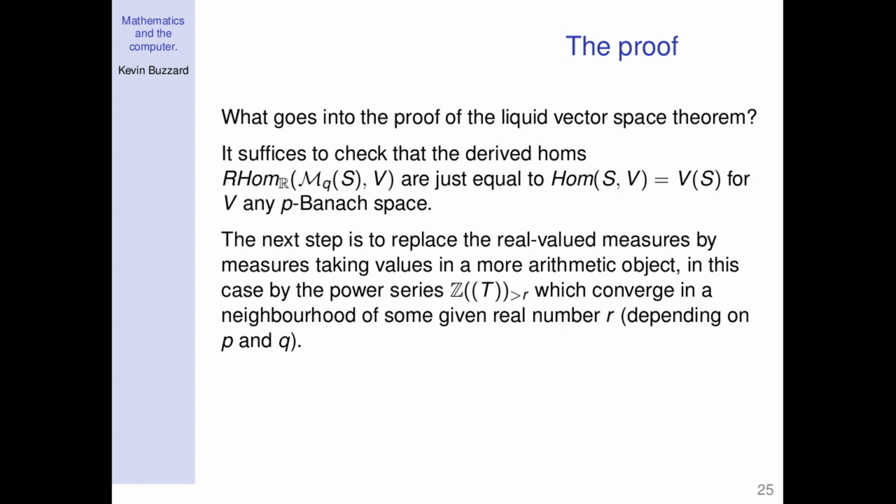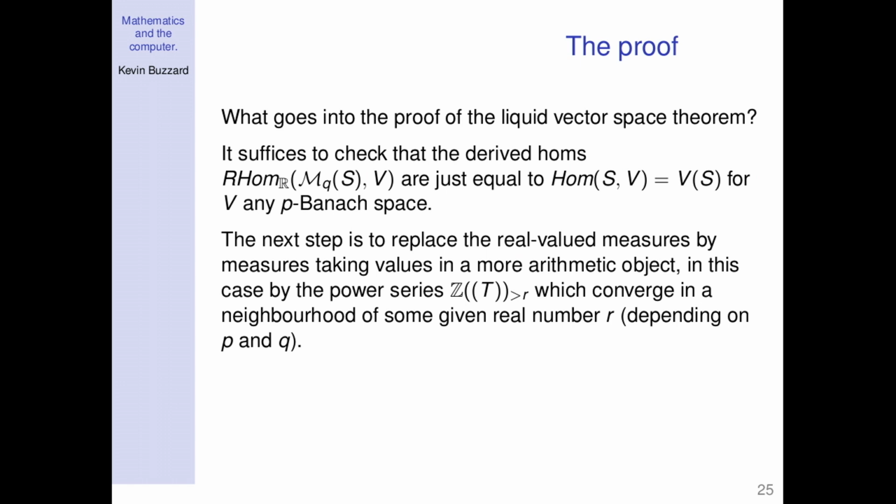The next thing is we need to get rid of the real numbers as soon as possible. So we use this trick that I've explained already, this infinite product of 0 to 9, surjecting onto closed 0, 1. So we take this ring here. This is power series where you're allowed finitely many t to the n for n negative, and all the coefficients are integers, and you also demand that these power series converge in a small neighborhood of a given real number r, which is related to P.